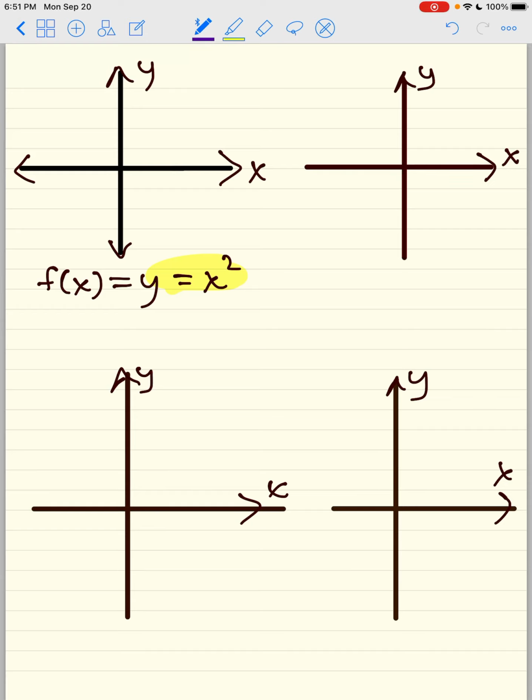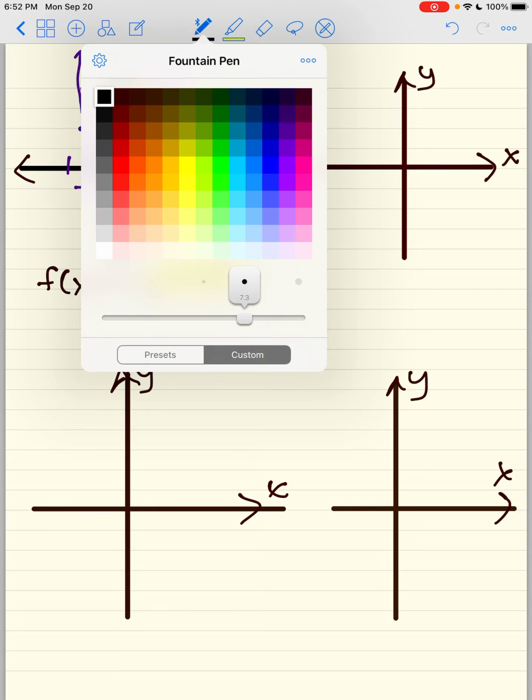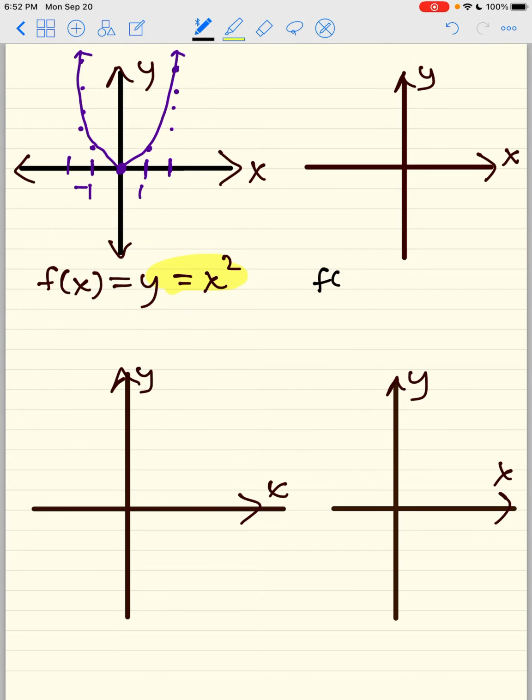Okay, so we're going to do what happens at 0, you get 0. What happens when you plug in 1, you get 1. What happens when you plug in 2, you get 4. What happens when you plug in negative 1, you get 1. And negative 2, you also get 4. And we basically just get this beautiful parabola. Okay? So anytime you want to, you can always figure out what a graph looks like